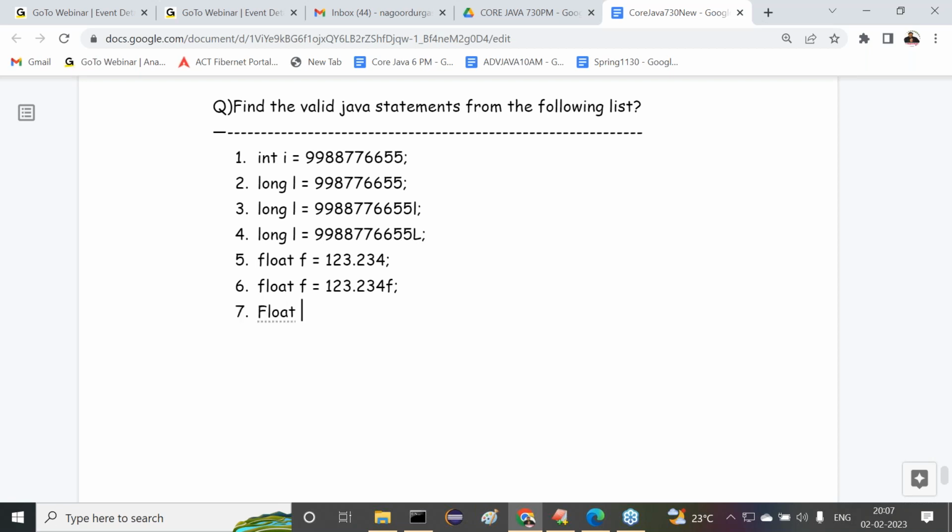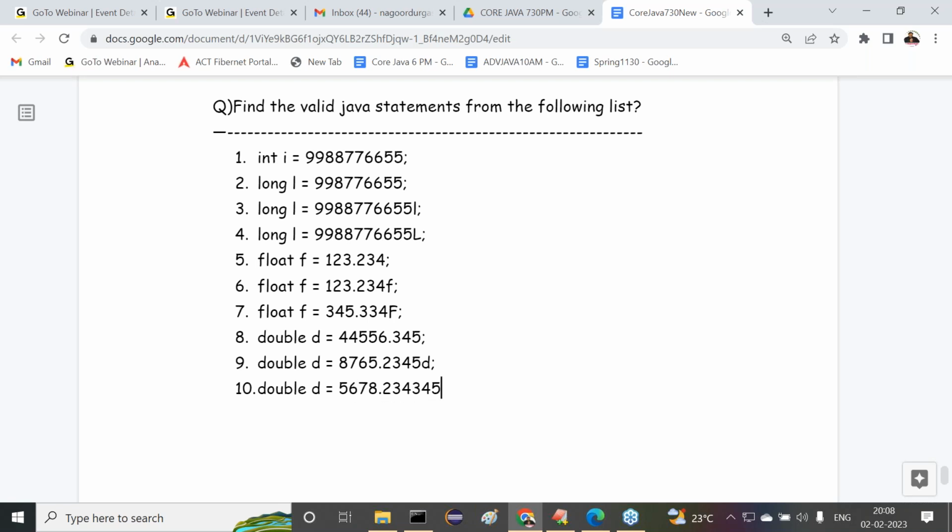Next one is float f is equal to capital F. All right, so next one is after that, double d is equal to semicolon. Double d is equal to small d. All right, so next one is double d is equal to